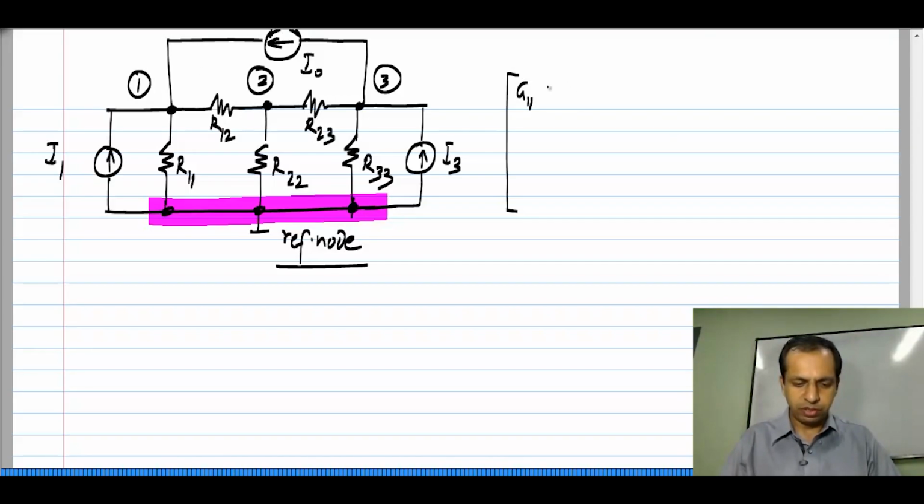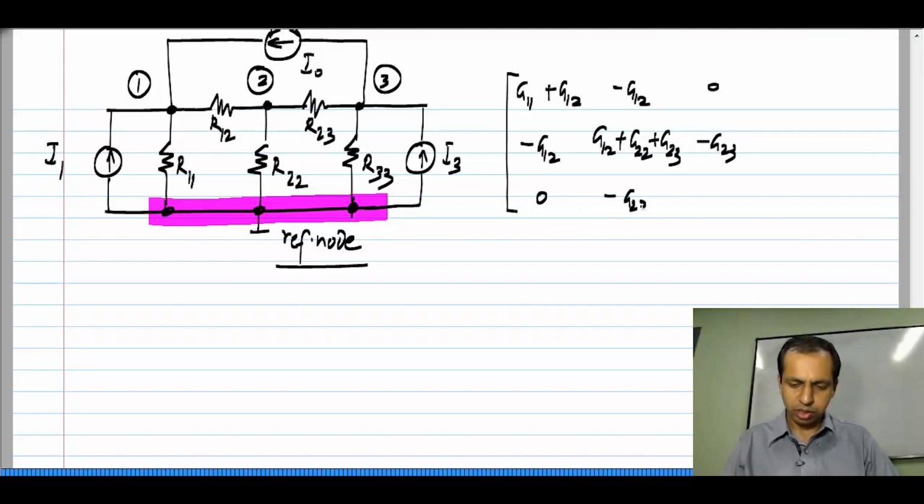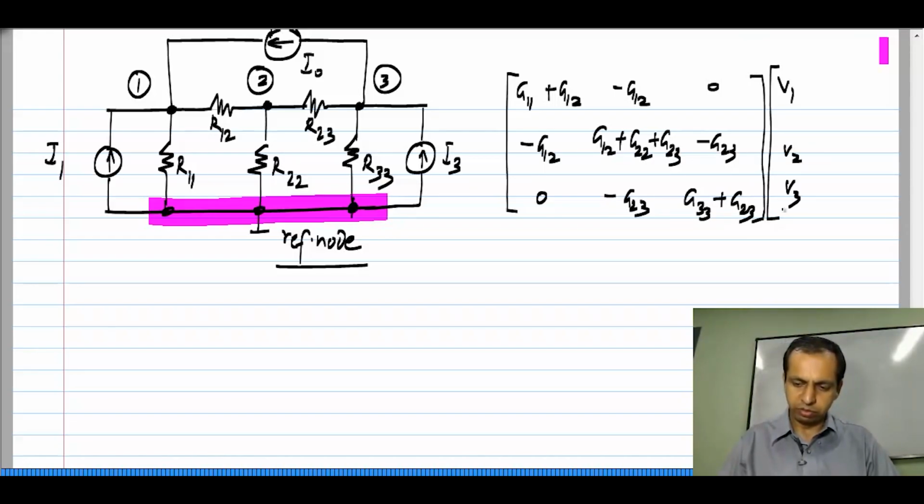I will have G11 plus G12, minus G12, 0; minus G12, G12 plus G22 plus G23, minus G23; 0, minus G23 and G33 plus G23, times V1, V2, V3, equals